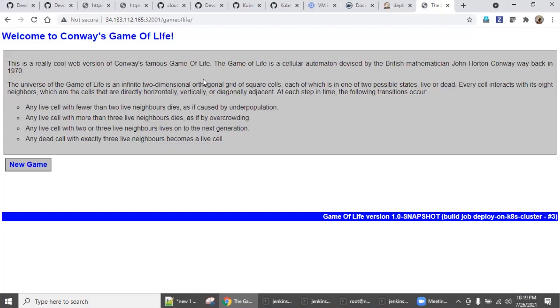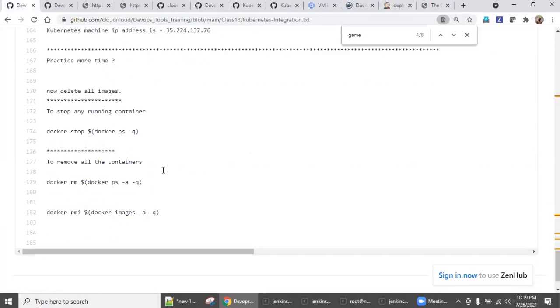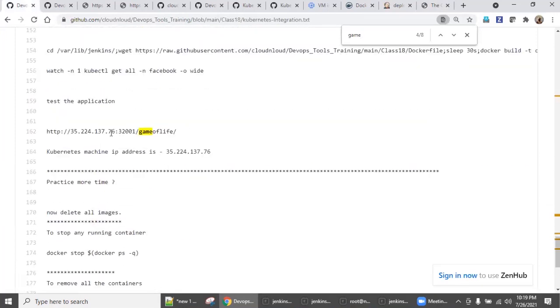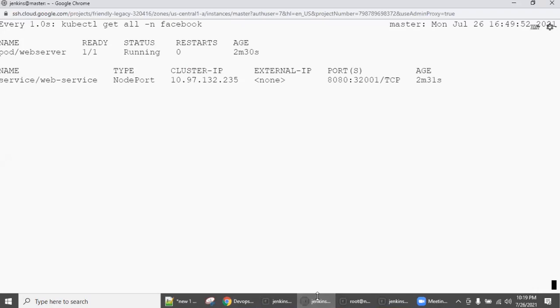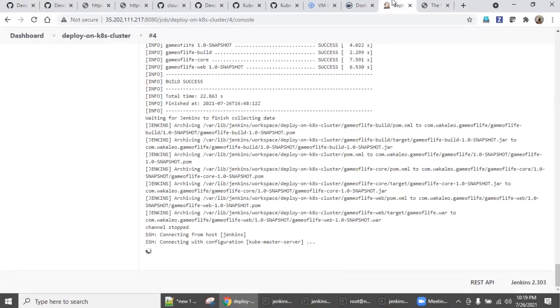We are updating it. This URL I also gave in game of life. This IP address you can change as per your machine IP address. Let's wait for some time. The UI is taking some time. It has to come for success.